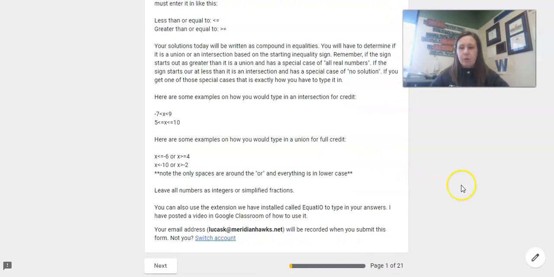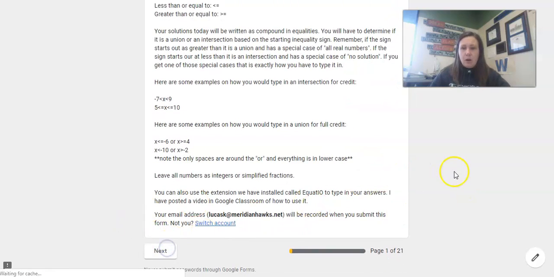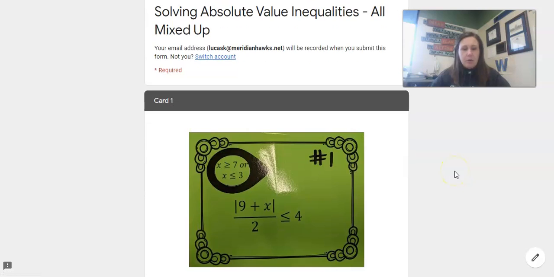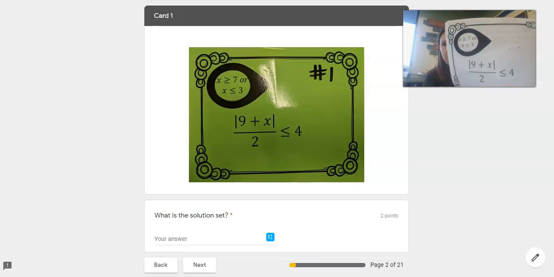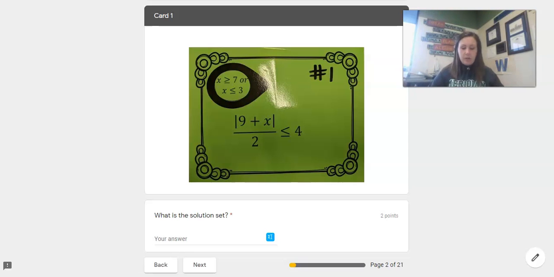Okay, so if we go to a question on our assignment, we have number 1. If you work this out, you would get, hopefully you guys can see it, this work up here. So we get that x is less than or equal to -1 and x is greater than or equal to -17. So what we want to do to write that using EquatIO is notice down here on our answer set,